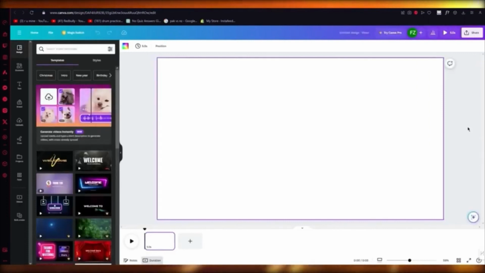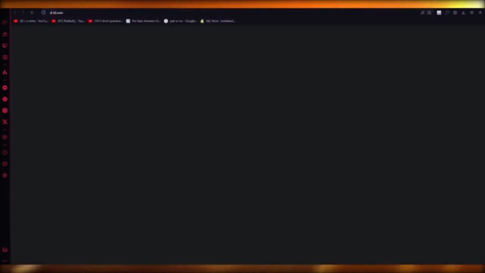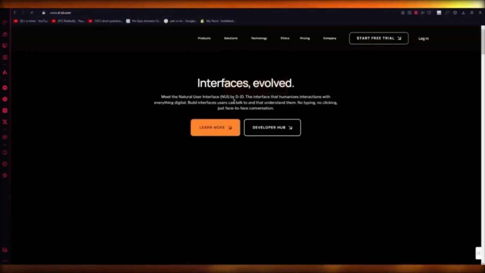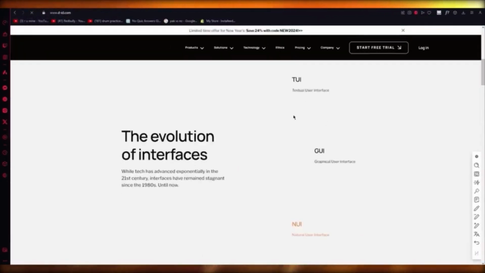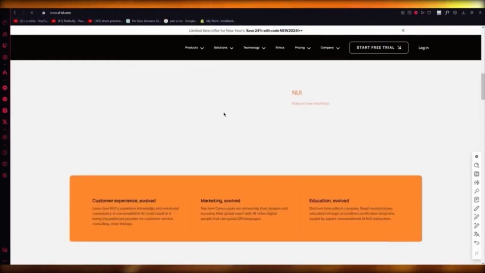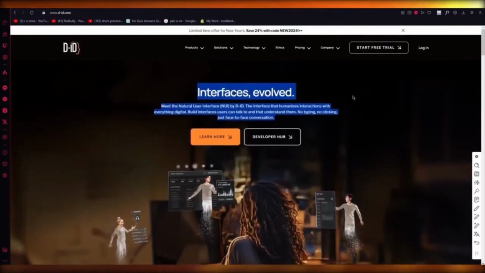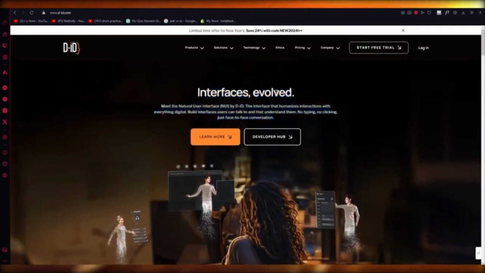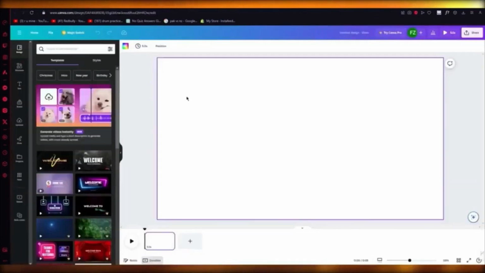So to actually get an AI talking avatar, you're going to want to go to a website like D-ID. Okay, D-ID.com is one of the greatest websites where you can create a graphical user interface, and you can actually create a talking AI, as you can see. So you're going to sign up with your D-ID section over here. Okay, get your talking avatar. Now, once you get your talking avatar, you're going to upload it over here.